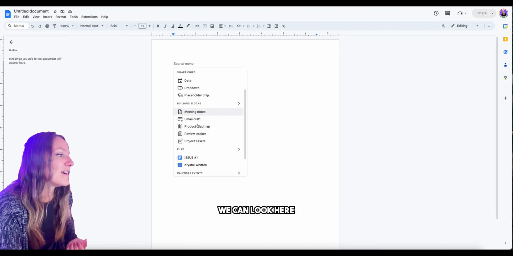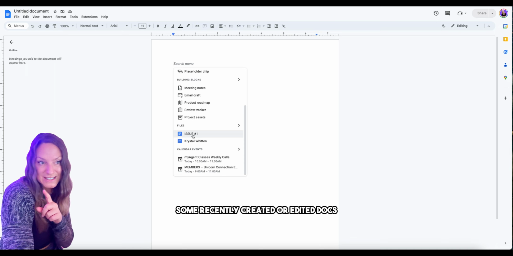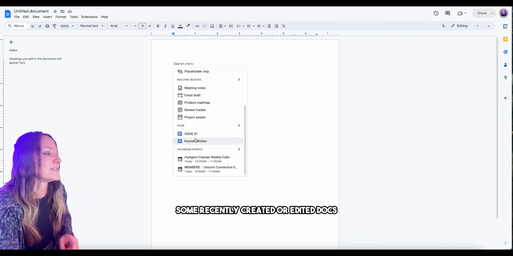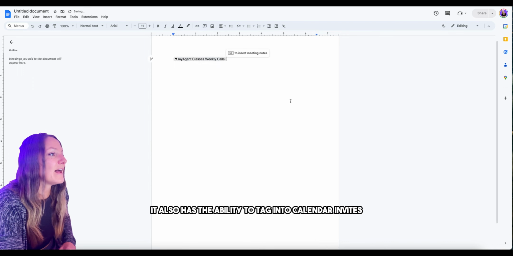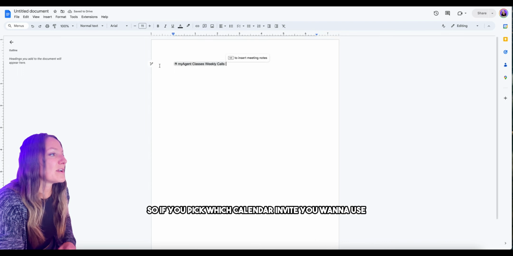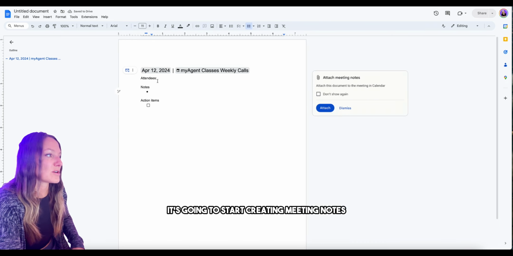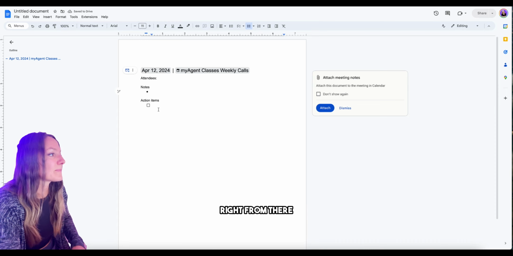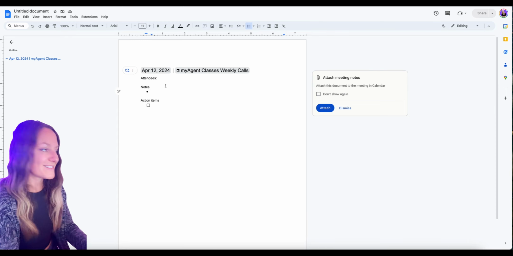We can look here. It has the ability to tag in some recently created or edited docs. It also has the ability to tag into calendar invites. So if you pick which calendar invite you want to use and then you tab, it's going to start creating meeting notes, right? From there, all you'd have to do after you sit on your Zoom meeting, take your notes,